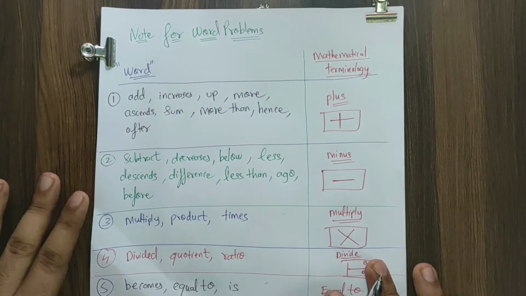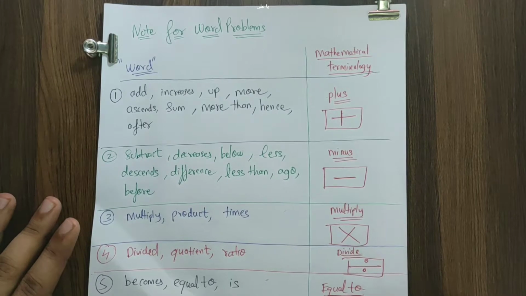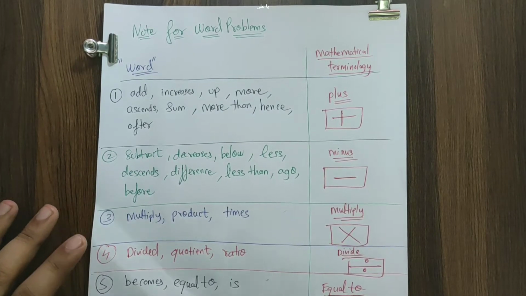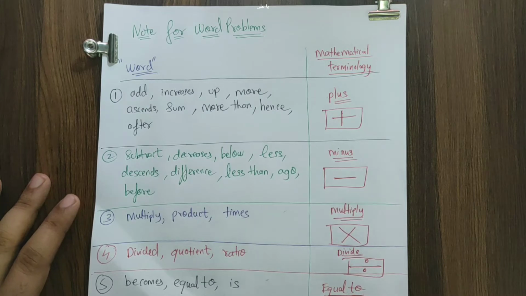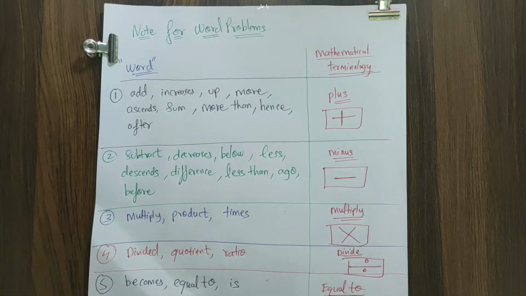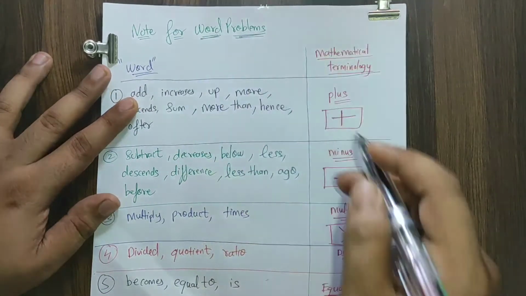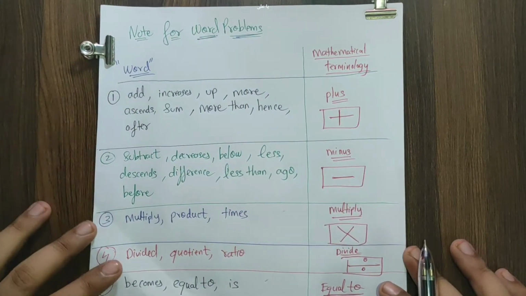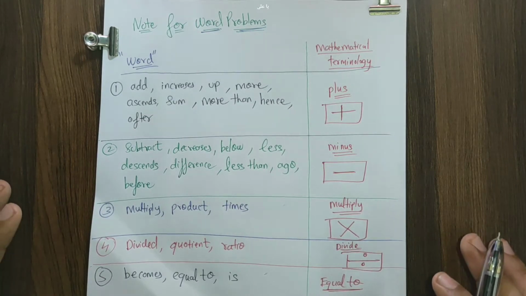This page, the note in front of you, what you are observing, it's very important. Believe me, it's so important that it's not related only with this chapter integers, but it's related to entire maths of your 7th grade, 8th grade, 9th grade and 10th grade. And if you see this heading, note for word problems, they are the things we feel are the most difficult objects in this universe, but actually they are very simple.